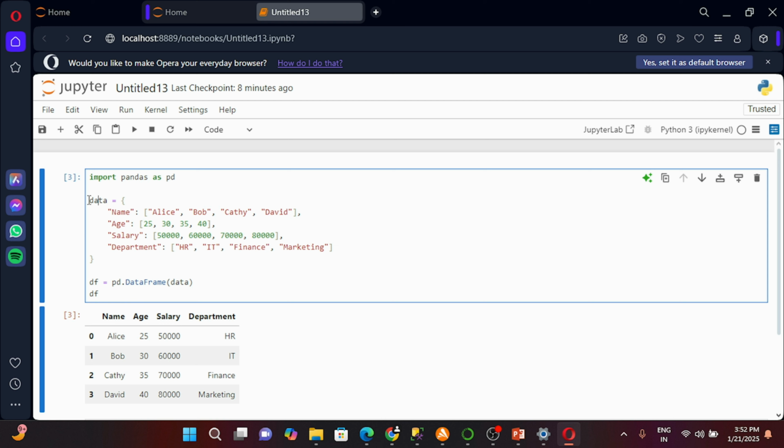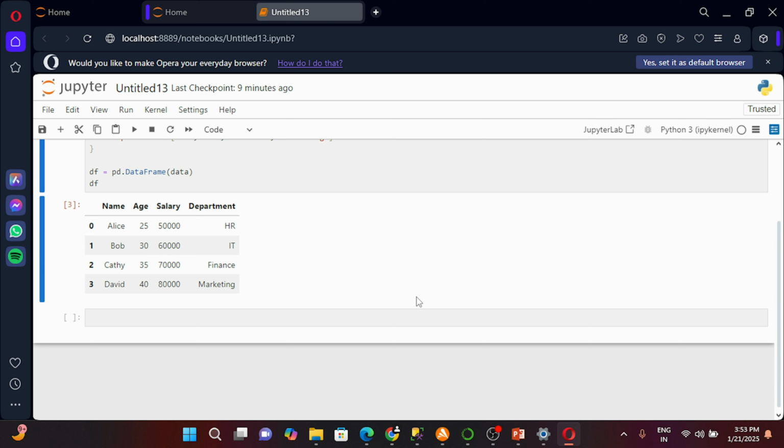So what I've done here is I've created a variable called data, and then we have the keys and then values. We have 4 columns: name, age, salary, department, and then I have used pd.DataFrame. I have passed this variable data and then printed df. So this is the way to create a data frame. This is one of the interview questions being asked, like how are you going to create a data frame. Here you can see that we have name, age, salary, department, and although it has 4 rows, it starts from the 0 index position: 0, 1, 2, 3, right? So this is the way. Now let's go ahead and see our methods one by one.